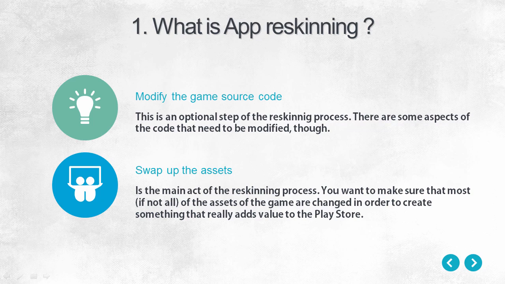So, what are the main advantages of app reskinning? Reskinning a game means you get to put an app into the Play Store with your own unique look and feel at a massively reduced cost and in a significantly reduced time frame than if you were developing a game from scratch. Because you are avoiding the time frames typically associated with app development, it has the other huge advantage of massively reducing your risk.